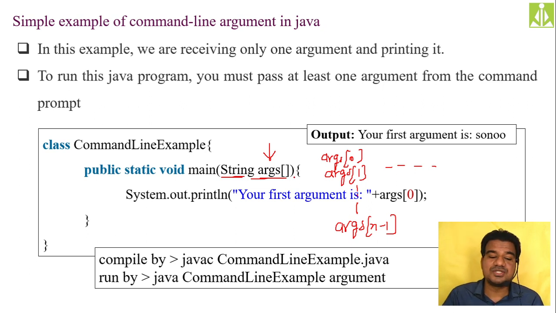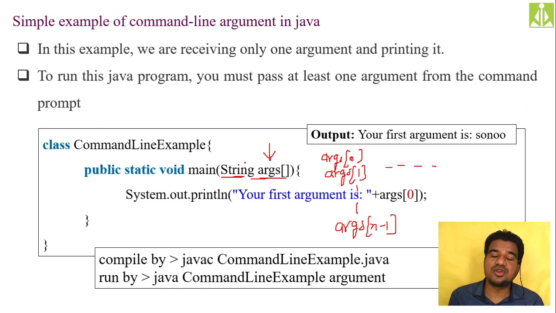Now you might have understood why we are writing public, I have explained. Static, I have explained. Void, we know it. Main is the method name. String args, why we are passing over there? It is to read the command line arguments into our Java program. Args stands for arguments. So to read the arguments into this array of string objects.